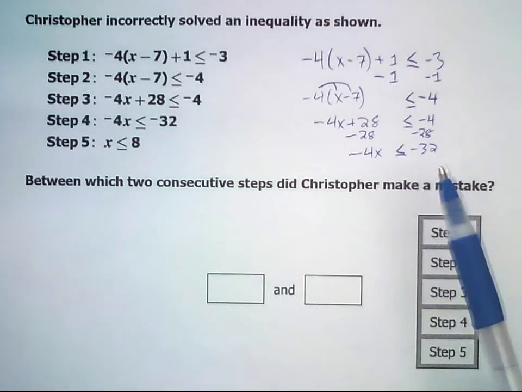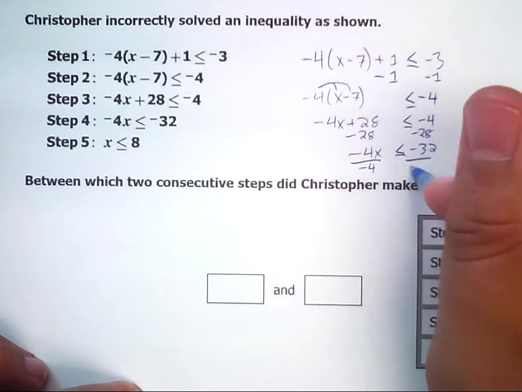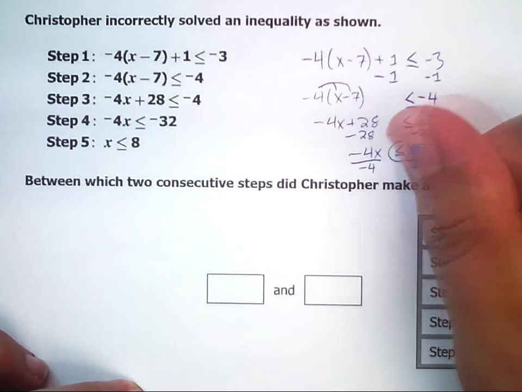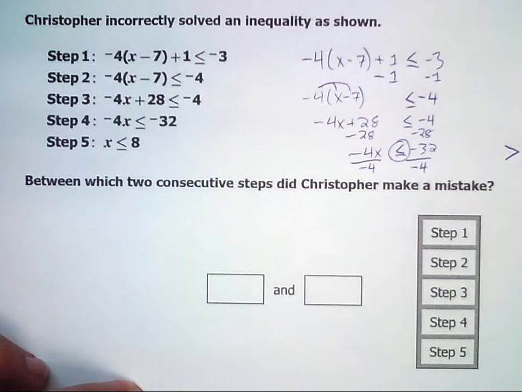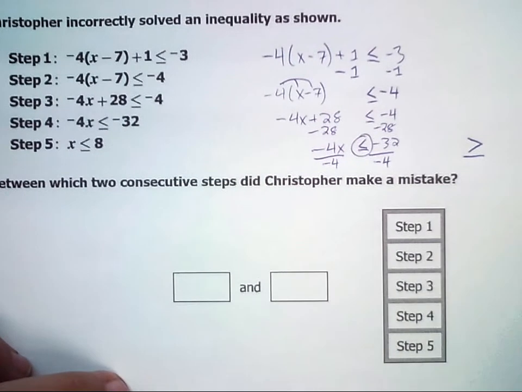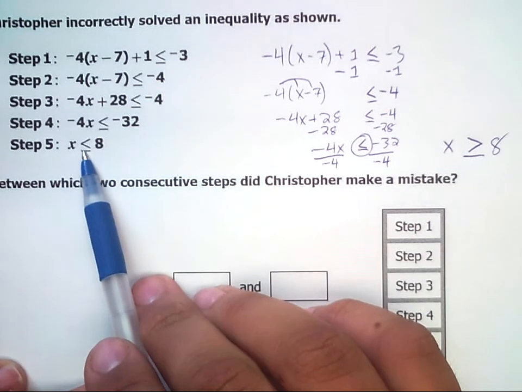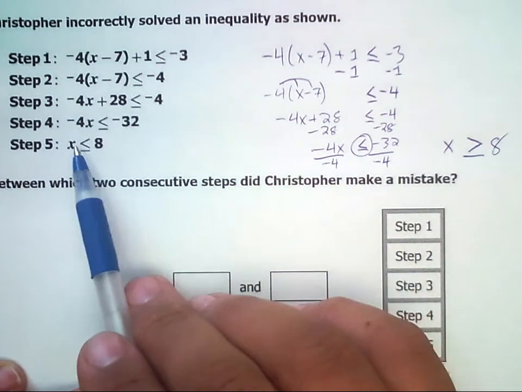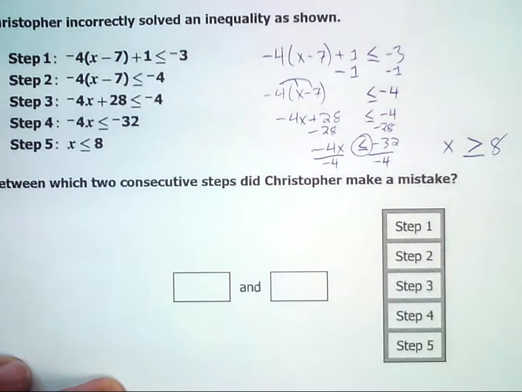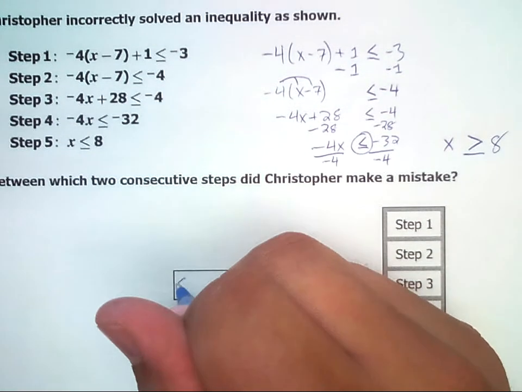All right, final step. We're going to divide by negative 4. And since we're dividing by negative 4, that sign is going to become greater than or equal to. The sign has to flip. So this will become x is greater than or equal to just 8. And they got x is greater than, wait a minute, they got different signs. My sign flipped around. They never flipped their sign around. So the answer would be between step